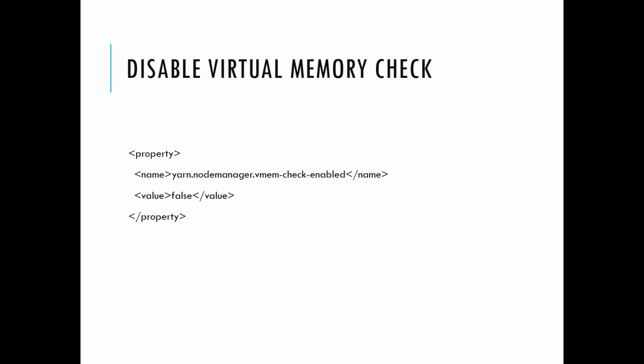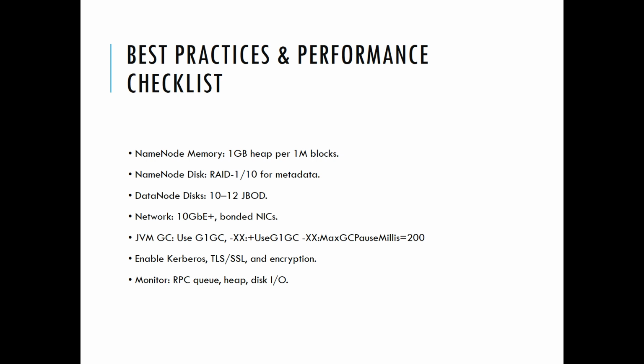Allocate 1 GB of heap memory per 1 million HDFS blocks for the NameNode. Use RAID-1 or RAID-10 for NameNode disks to protect critical metadata. Equip DataNodes with 10 to 12 JBOD disks for optimal throughput. Use high-speed networks, preferably 10 gigabit Ethernet or more with bonded network interface cards. Tune the JVM using the G1GC garbage collector and consider setting -Xmx20g, plus use G1GC in -Xmx20g